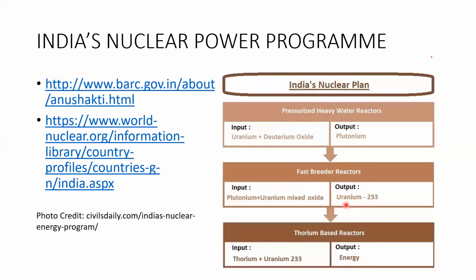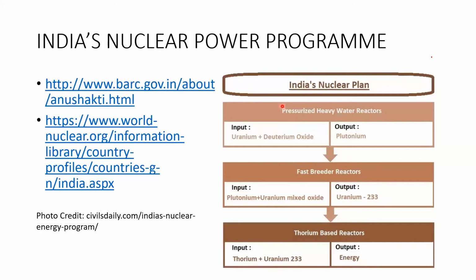Again, a very high number of mines are there in India. Around 2 lakh tons of thorium deposits are available in India, and only around 30,000 tons of uranium deposits. Means a lot of thorium deposits are available in India, so that thorium has to be used, but it cannot be used directly. Obviously this stage takes a lot of years.